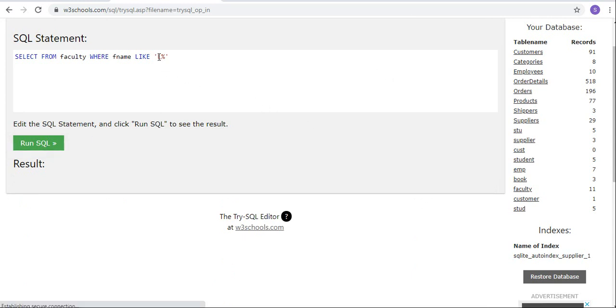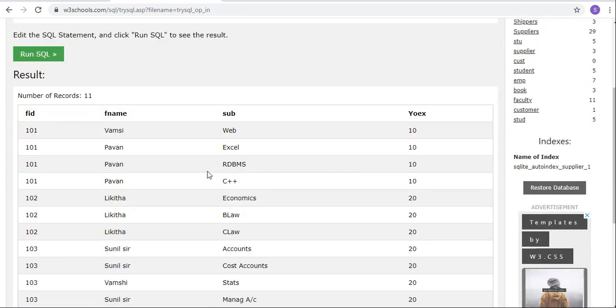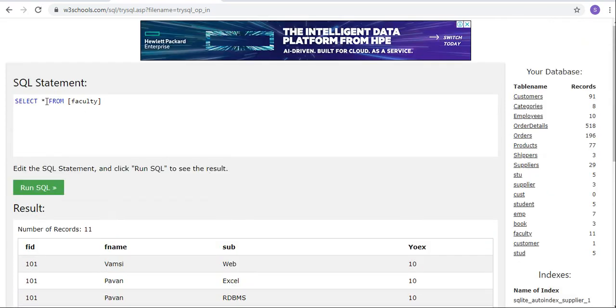What happened? Select from table name is faculty, where column is F name, like L percent.